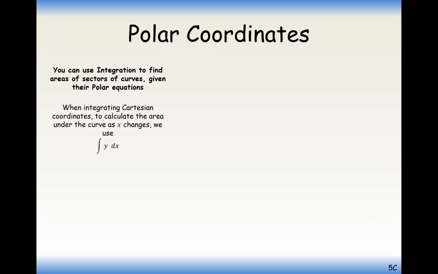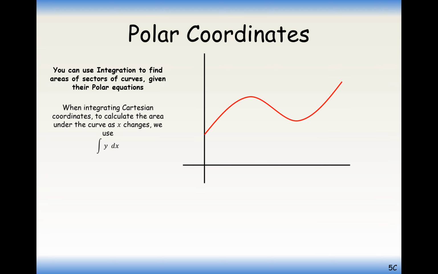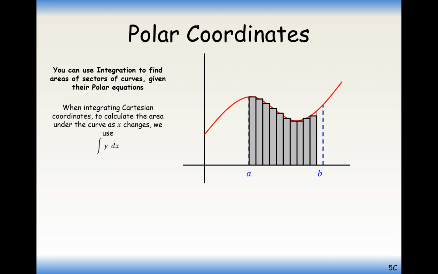Now, just a reminder of integrating with Cartesian coordinates in the lower 6th of A-level maths. What you're effectively doing here, to give you a little bit more detail, is taking a curve and finding the area between points A and B. And when you do this, you're working out the area of a bunch of rectangles added together. As we make these rectangles a smaller and smaller width, this increases the accuracy of the area